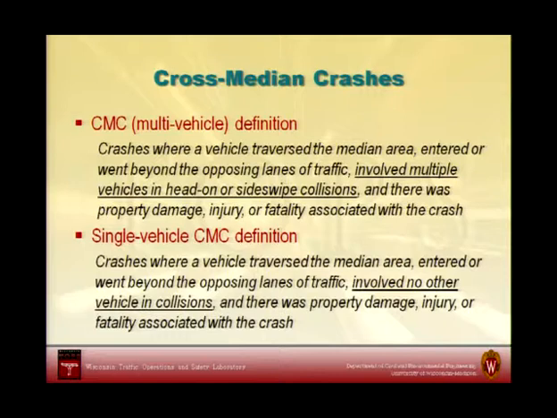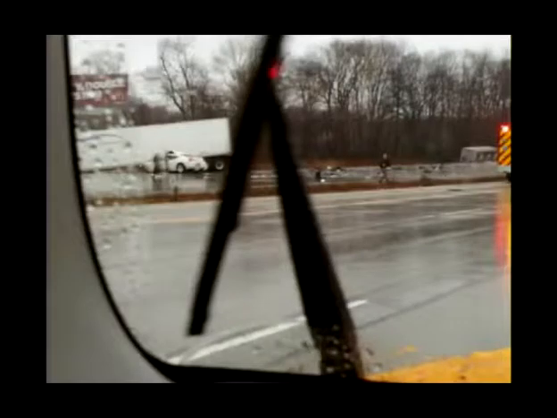But there are certainly many situations where someone goes through the median and fortunately finds a gap in that opposing traffic, or the opposing traffic is light and does not impact the vehicle, and nevertheless it doesn't always show up in a crash report. But it's very much similar, as are the attributes that often cause the initial cause of that crash. So we wanted to look at both of those to some degree.